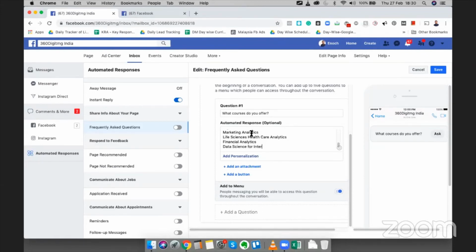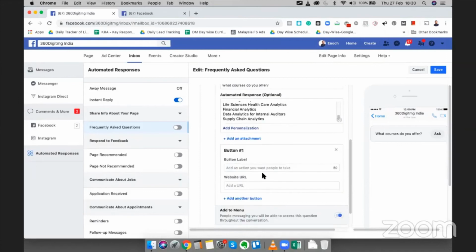Data analytics for internal auditors, and supply chain analytics.